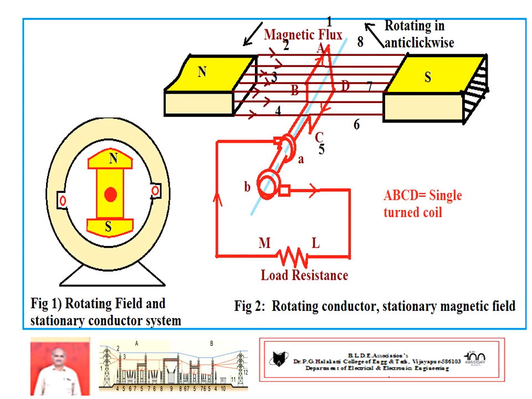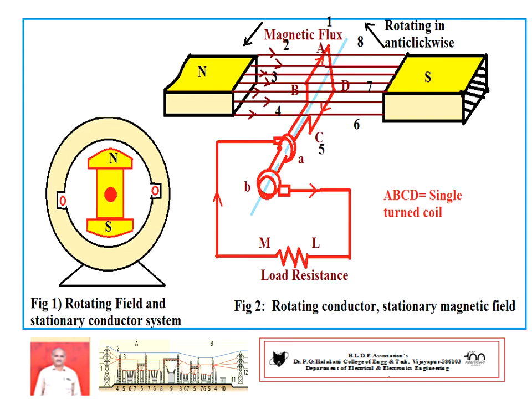So, figure number 2, where the conductors are rotating and the magnetic field is fixed. This is more useful in DC generator. This figure number 2 shows a single turn coil placed perpendicular to magnetic flux of B Webers per meter square. This magnetic field is fixed, but the conductors A, B, C, D, one turn, is rotating with an angular velocity of omega radians per second, assume anti-clockwise.